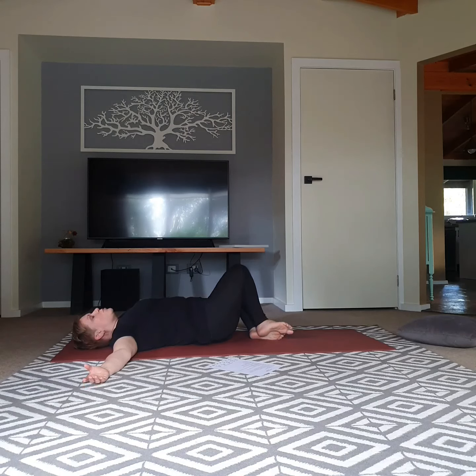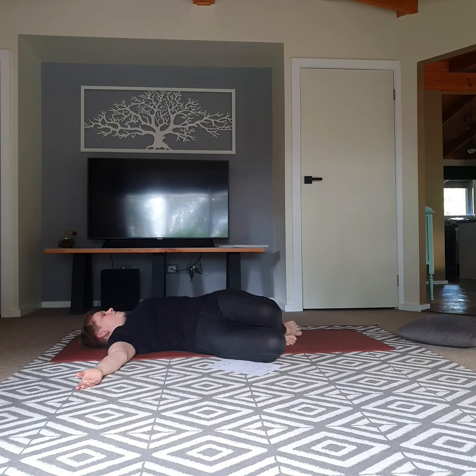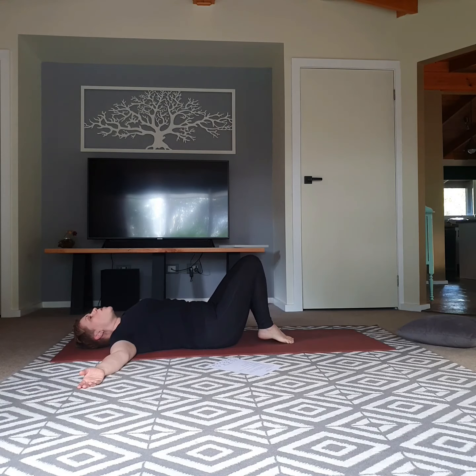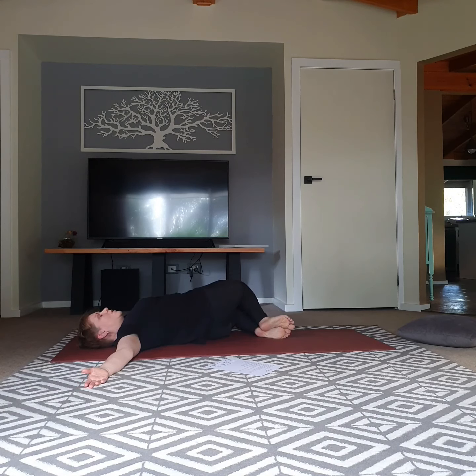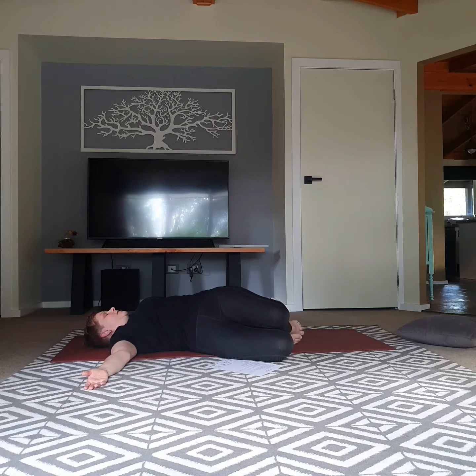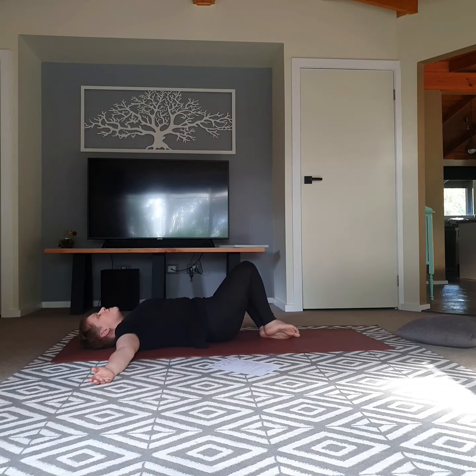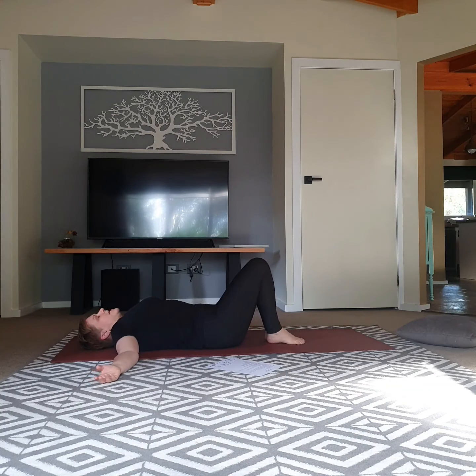So to the centre, to breathe in, carefully to the right, breathing out. Breathing into the centre, all the way over to the left, breathing out. And just 1 more each way. So breathing in and breathing out. Last one, breathing in, all the way over, breathing out. And then just come carefully back to the centre, letting your back settle into the floor again,